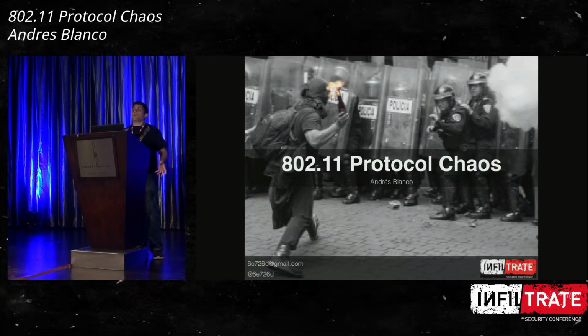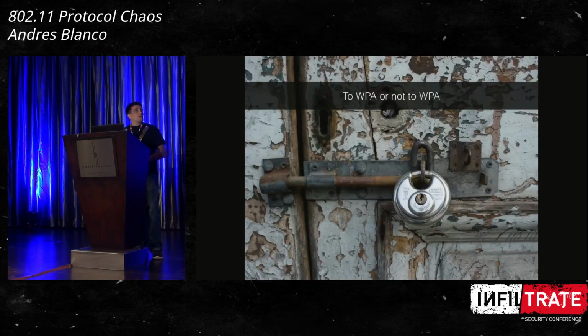In this presentation, I want to show you that people think that if you don't have an attack for WPA or WPA2, or a new attack to gain access to a network, the protocol is secure and there are no entry points or attacks. But I think that this is not correct. There are a lot of new things on the protocol that an attacker could use to gain access to a network or devices that are connected to a network.